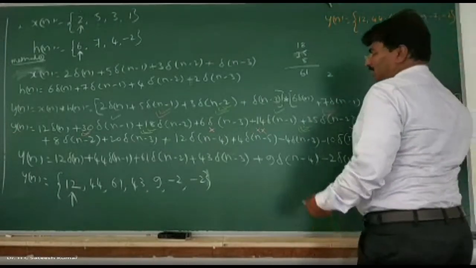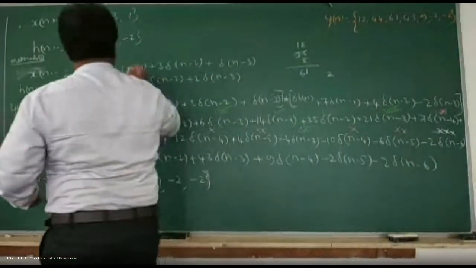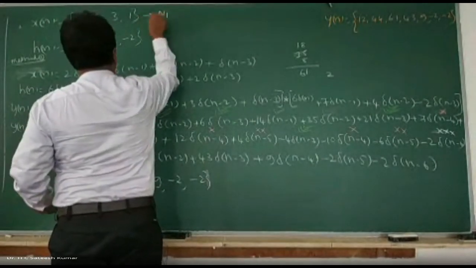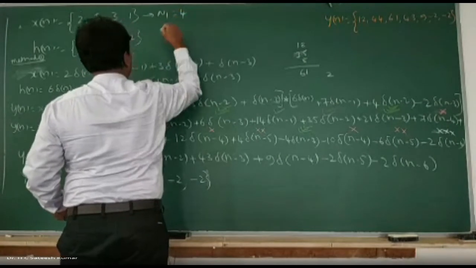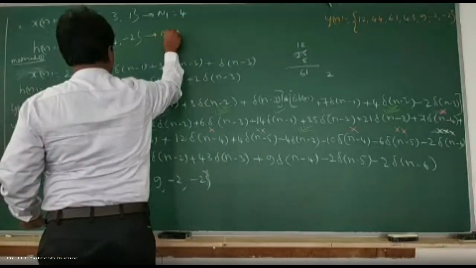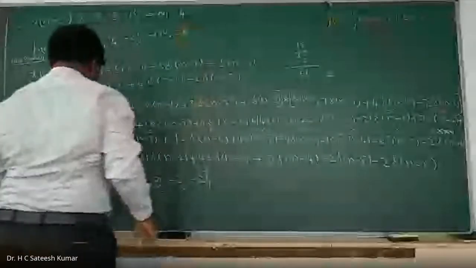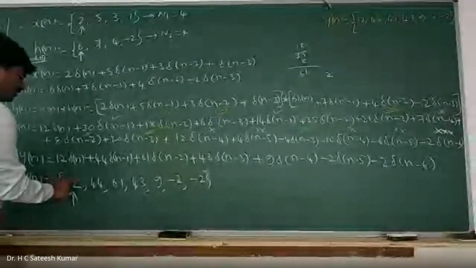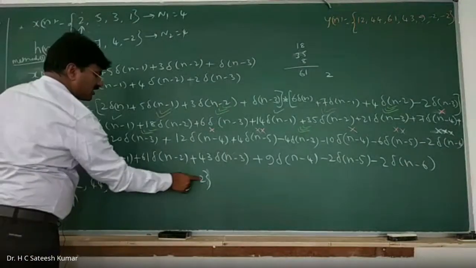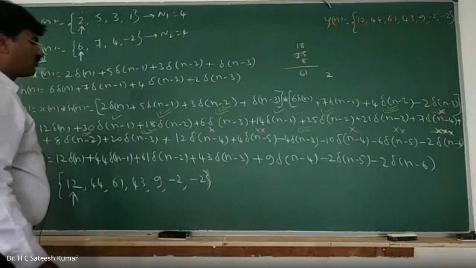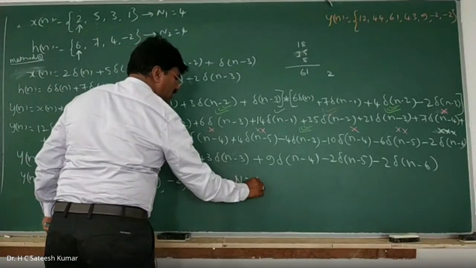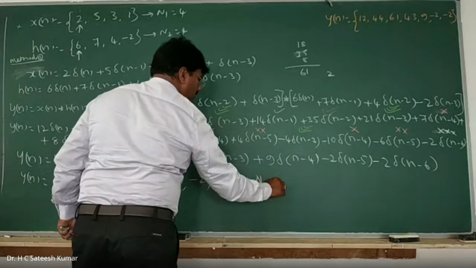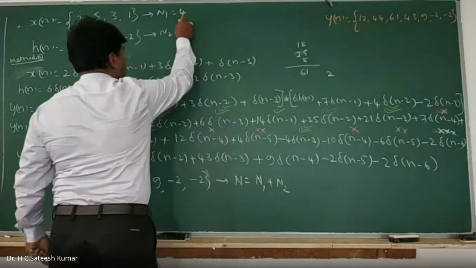Okay. How many elements do we have? So here we have n1. n1 is the number of elements in this one. n1 is equal to what? 4. n2 is also equal to 4. How many elements did we get here? 1, 2, 3, 4, 5, 6, 7 elements we got. So therefore, number of elements n is equal to n1 plus n2. n1 plus n2 is what? 4 plus 4 is 8.